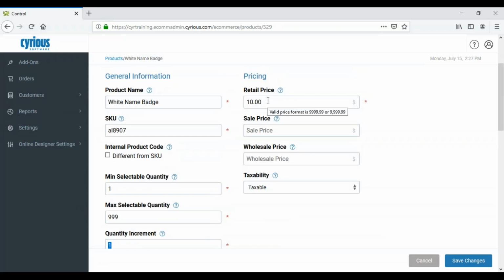Then you have your pricing options here on the right-hand side. Retail price is the default price. It is the only one required for e-commerce. Now, while this is not tied to your control products, especially our cost-based pricing customers, you should definitely be using your control pricing to figure out what this retail value should be. If you utilize sale or wholesale pricing,